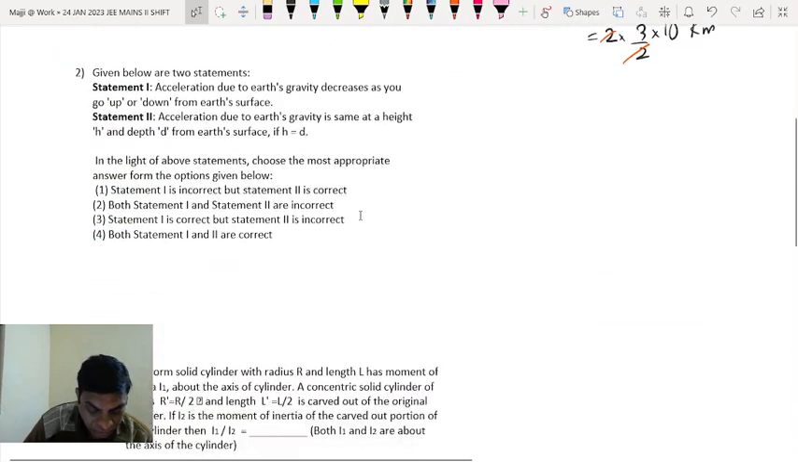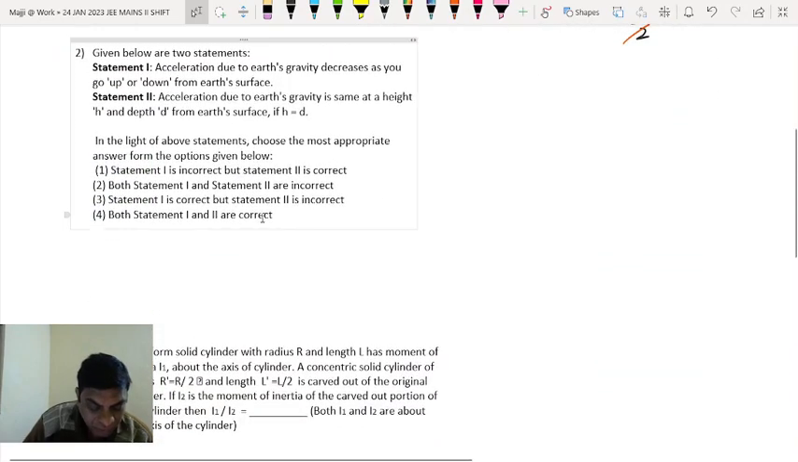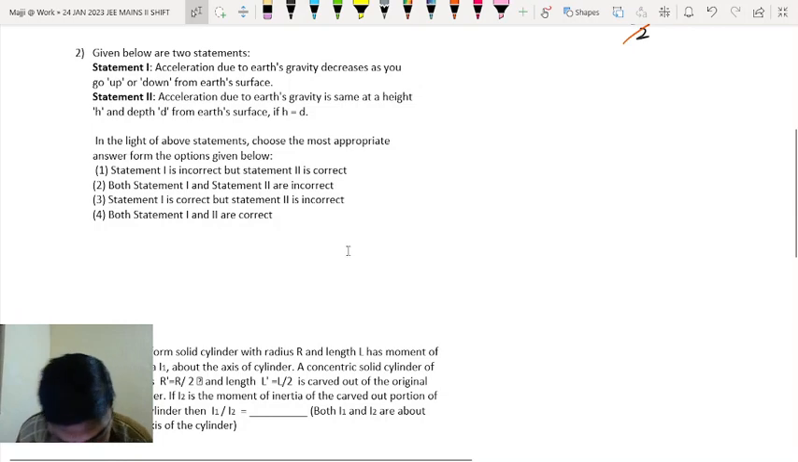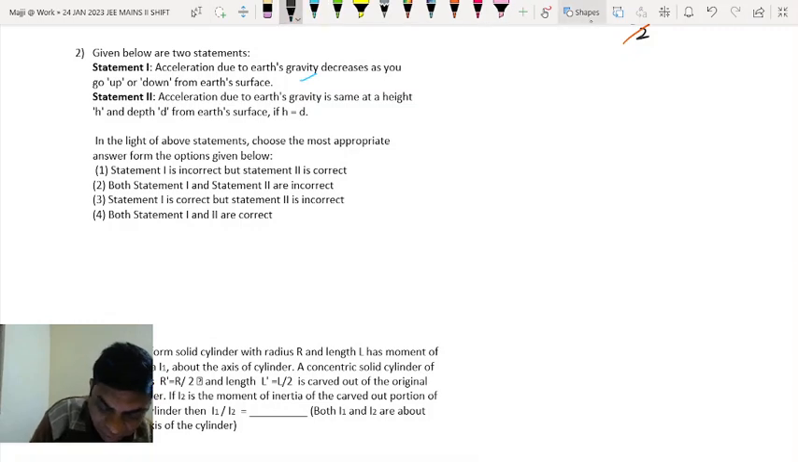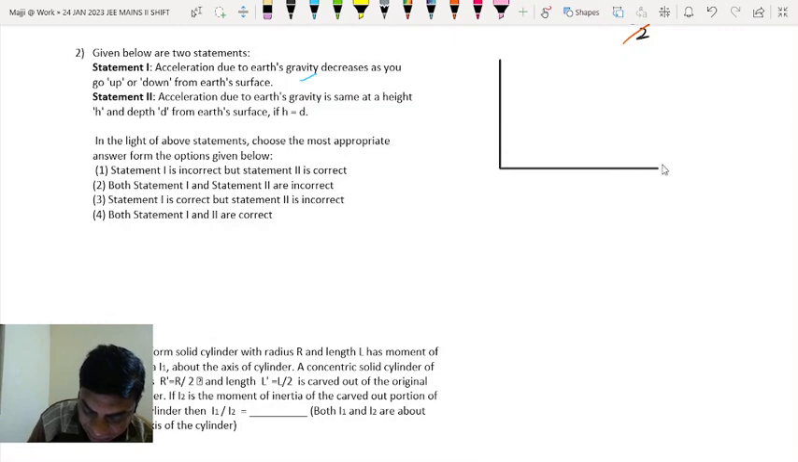Question number 2. Given below are two statements. Statement 1: acceleration due to gravity decreases as you go up or down from the Earth's surface. This is true in fact. If you draw the graph, if you look at the graph, then you will realize that in fact acceleration due to gravity reduces as we go up or